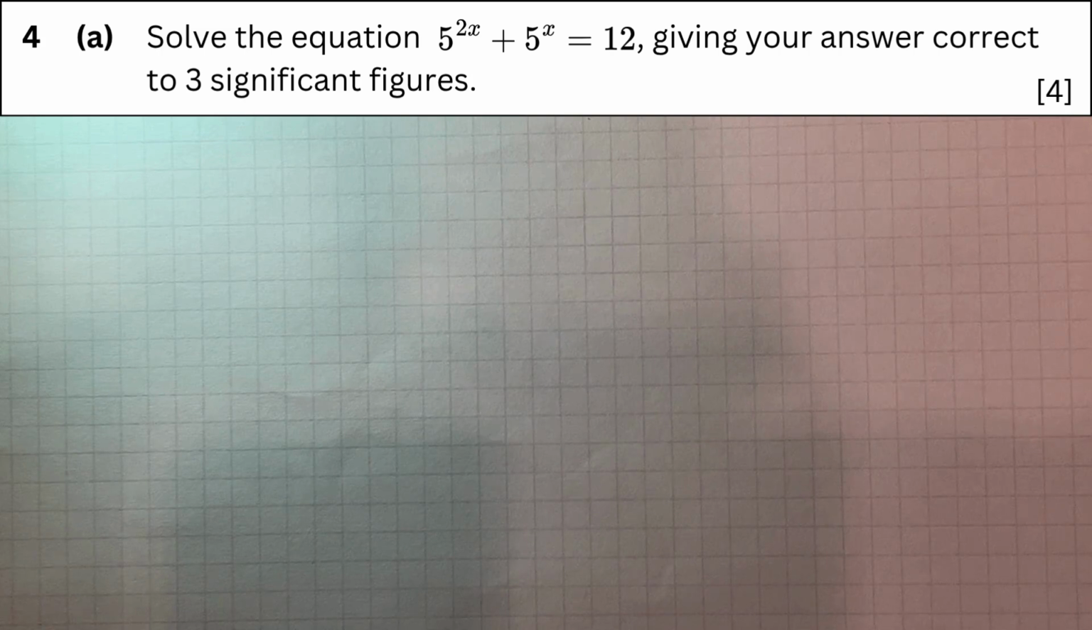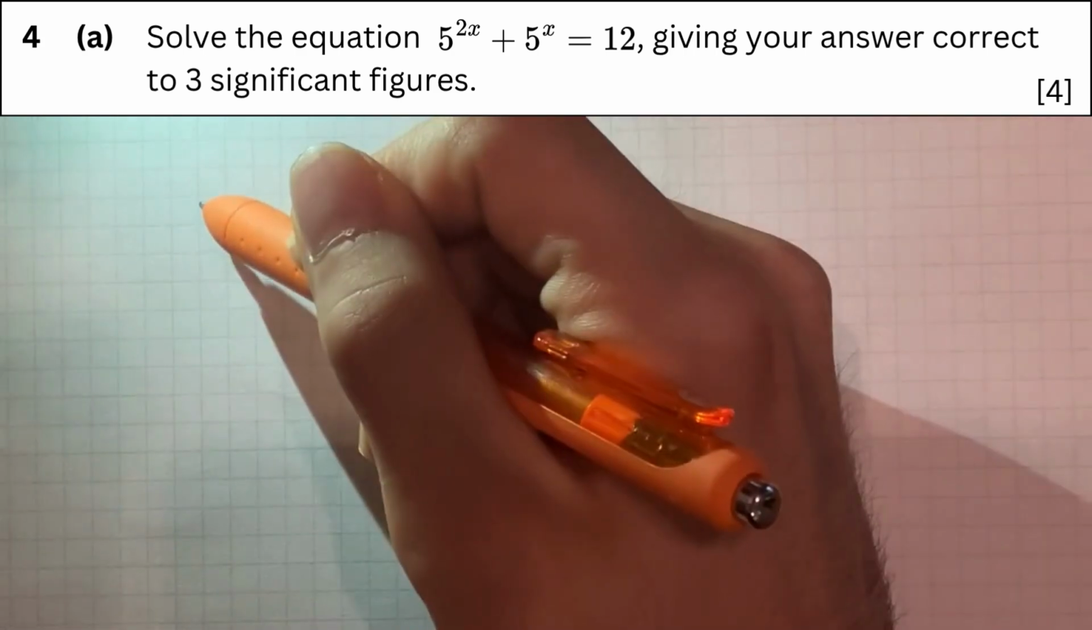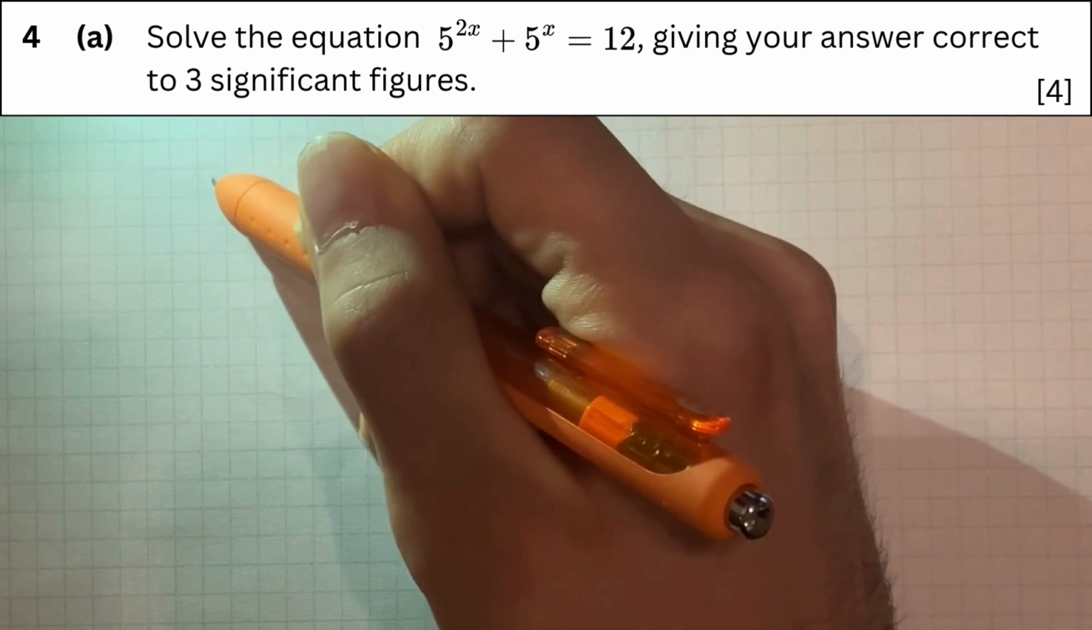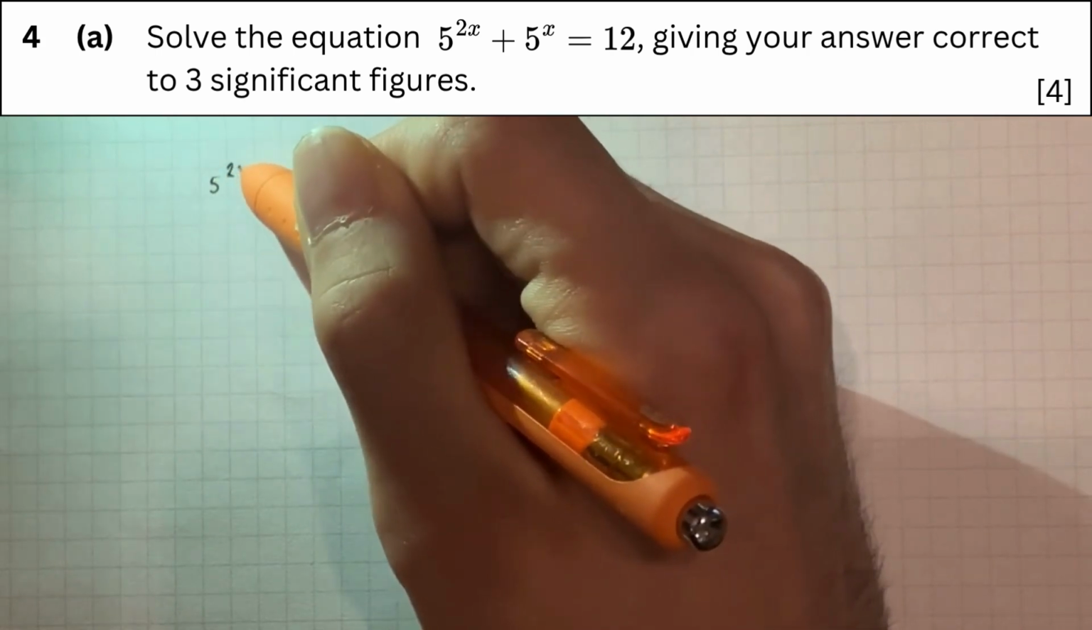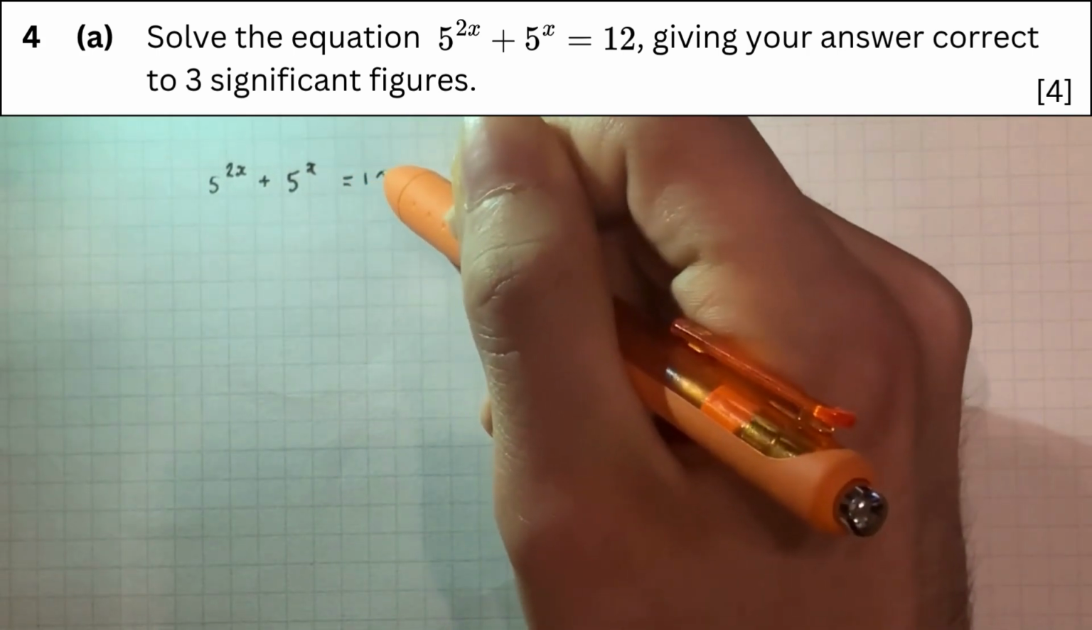This question wants us to solve 5 to the 2x plus 5 to the x is equal to 12, and although I prefer an exact answer, this question wants the answer given to 3 significant figures. If you've seen a question like this before, and you recognise it's to do with logarithms, or perhaps you've read the title of the video and you know it's to do with logarithms, you may be thinking, well, what's something